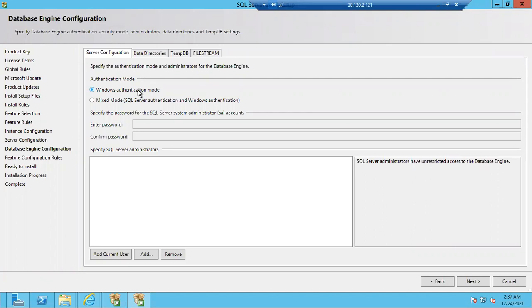See, SQL Server will be installed on the Windows server. Imagine one Windows admin is there. He can do anything at the Windows level. So my question is, can he connect to the SQL Server or not? He can do anything in the Windows server.